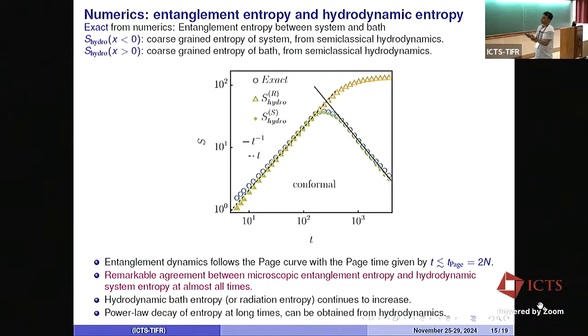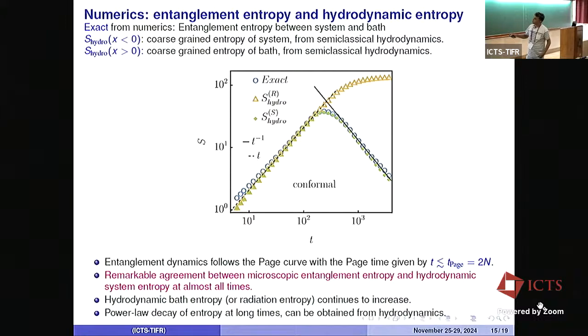Okay, and what I will call the hydrodynamic entropy. First of all, we calculate from exact numerics the entanglement entropy between system and bath. That is the circles. It goes up and then goes down. Initially the system is obviously unentangled, there's nothing in the reservoir, and at long times all the particles escape into the reservoir, so it again becomes unentangled. So it's obvious that it has to go up and go down. That's what the numerics reproduces.